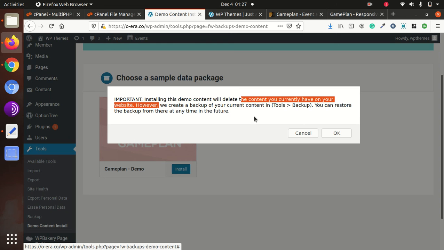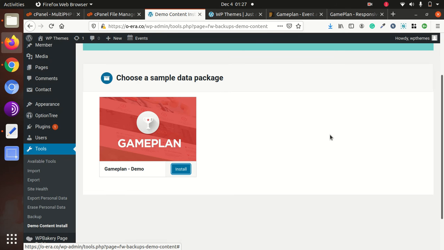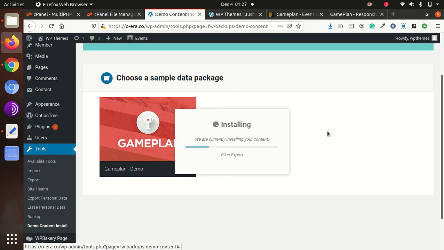This alert is not for us because we are installing fresh. It will take a bit of time because it will import all the images, media files, and a set of pages. So be patient. Don't refresh the page, don't leave the page, just wait and watch.